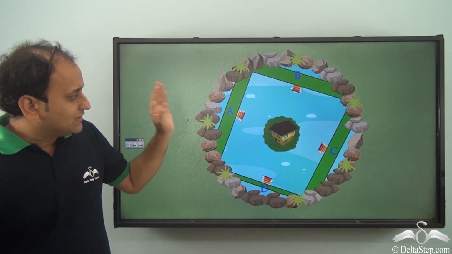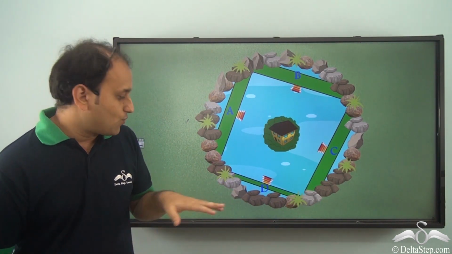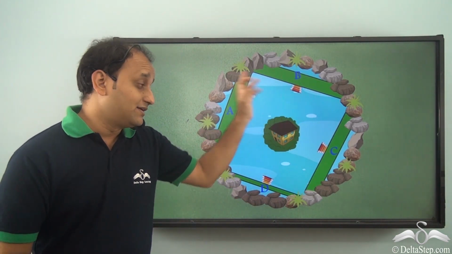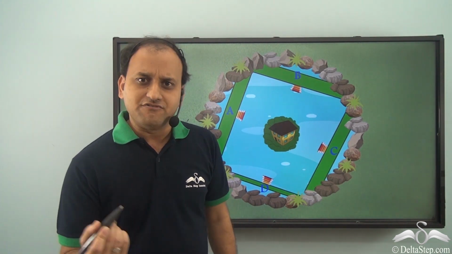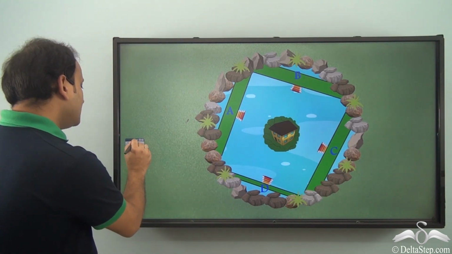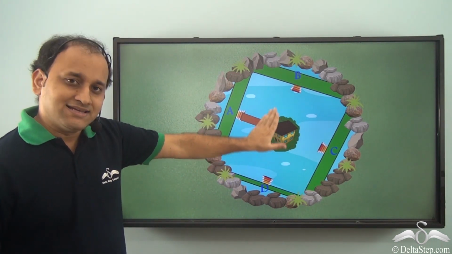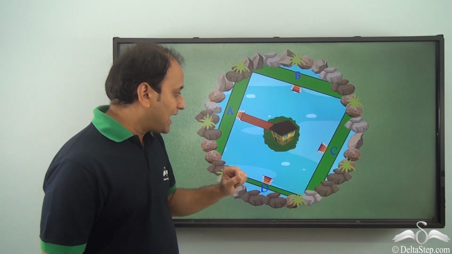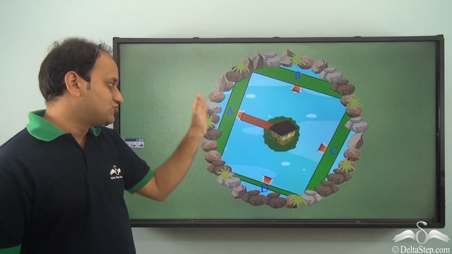Now, he knew that gardens A, B, and C are equal in length, while garden D is a bit smaller in length compared to the other 3 gardens. So, he tried the plank idea which he had thought about. He measured the distance between the island and garden A, and then he cut out a plank and he placed it like this. So, he was easily able to go to garden A and water the plants.